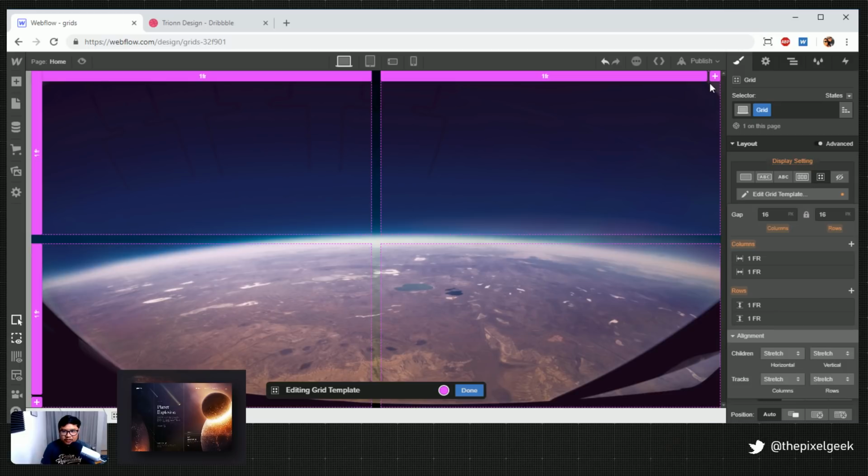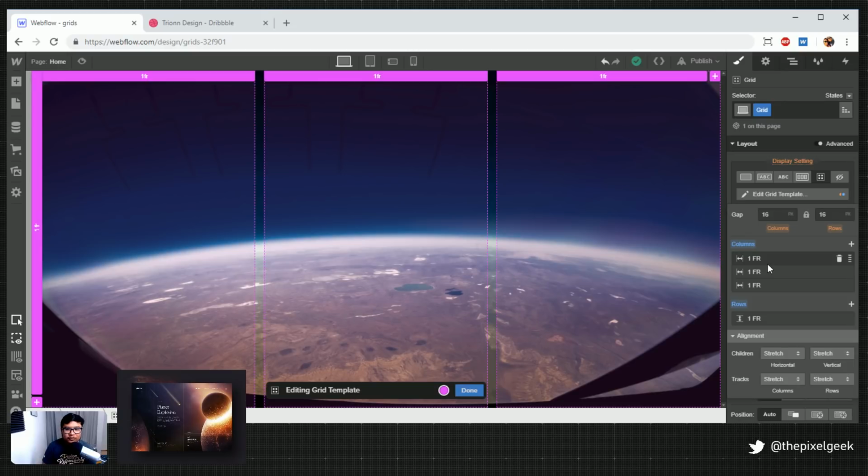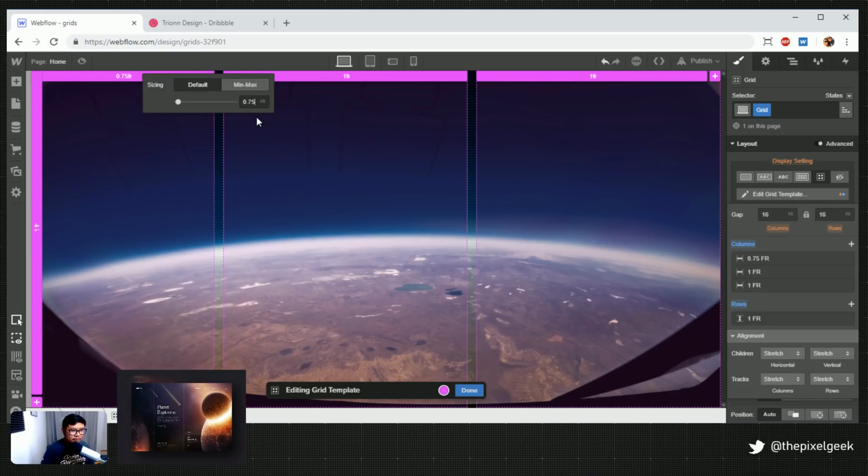So this has 3 columns, but it's a small. Let me see here. It's like a thin, and then a little bit wider, and then widest. And it's one row. Okay, so I can delete one row and add one, and there we go. So FR means fractions, okay? And so here's the cool thing. We can go to this right here, and we can play around with this. And that's how we get custom columns.